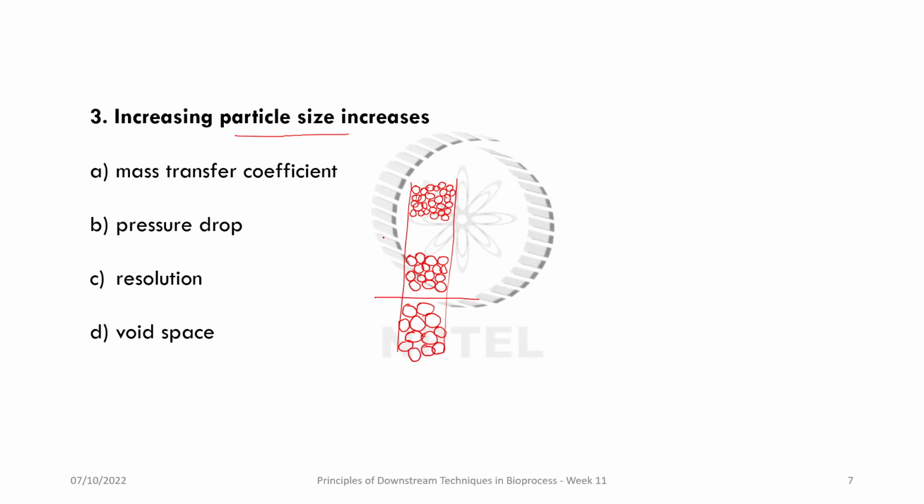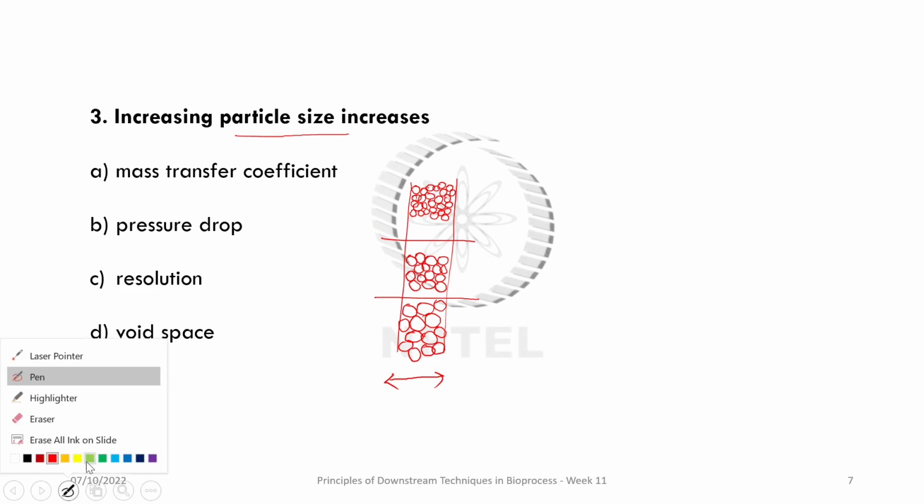So let's assume these are different columns, just different scenarios where you have small size particles, bigger, and a little bigger. I've drawn it in the same column to show, for a given diameter, if this is the dimension of the column and you change only the particle size, how the situation varies. See the void volume here, the gaps between the particles,